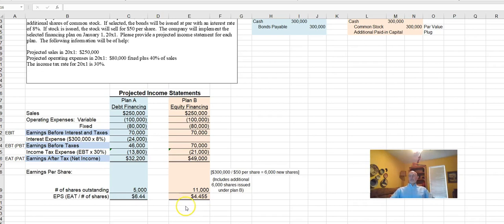Okay, so which plan is better, borrowing money or issuing stock? Well, it depends on your circumstances. It depends on your expectations about the future. It also depends on the amount of risk you're willing to take on. So remember that issuing debt, you have to pay that money back. And even if things get tight, you still have to pay that money back. So if you want to think of it as a personal application,